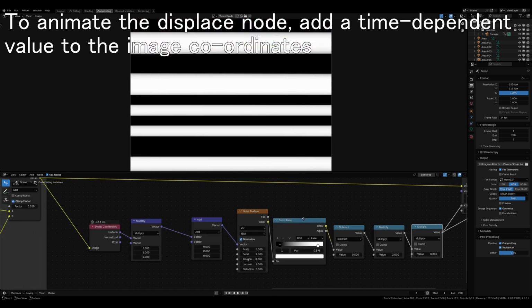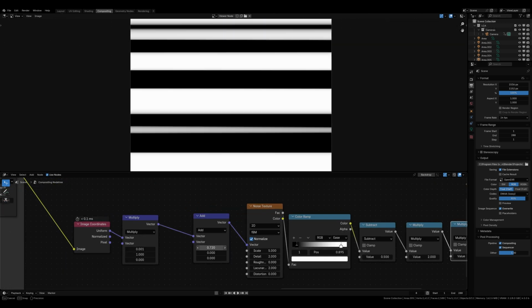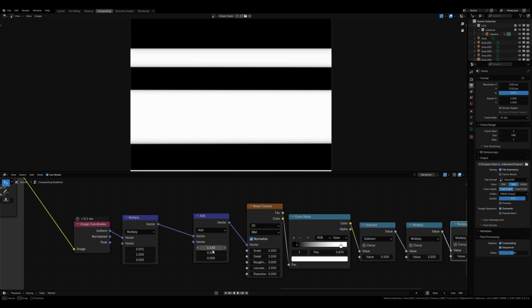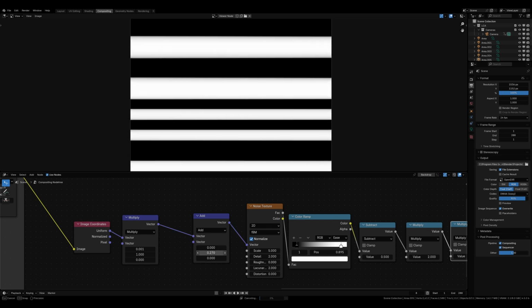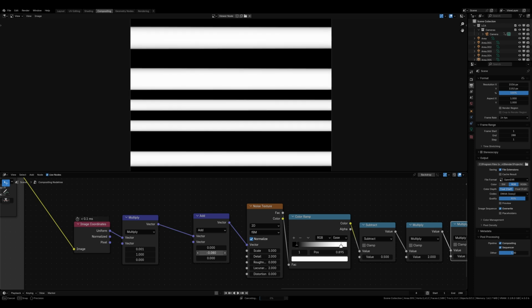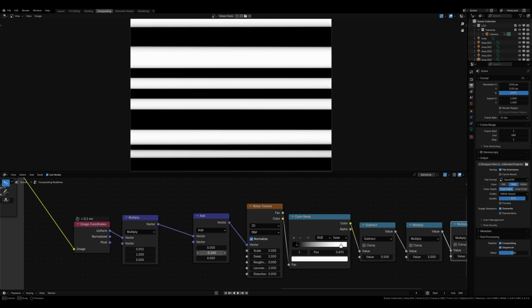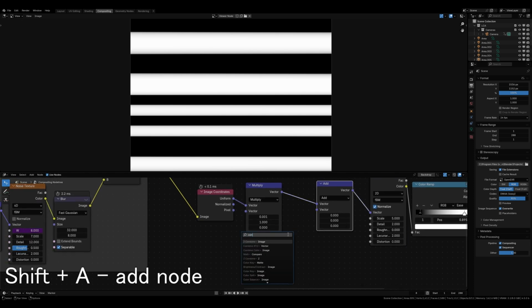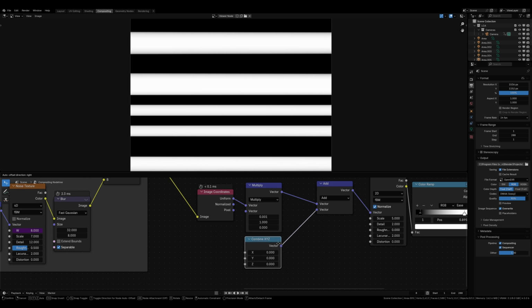So if I just get the mask back, you can see if I change the X value, you distort the noise texture, because you're moving it horizontally, but when you change the Y, you're moving the texture up and down. And that's what you want, because that wobbling would go up the screen as the tape is read through the VCR. Just because we want to only change the Y value,